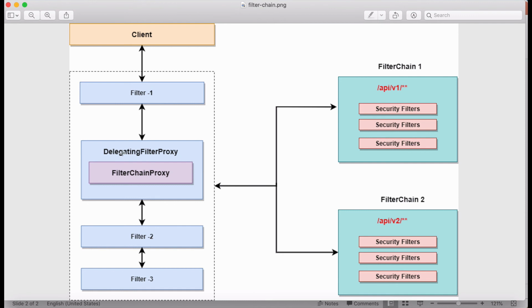So it delegates all the responsibility to the filter chain proxy, and the filter chain proxy is responsible for looking at the URL. Let's say you have two variations of your API, v1 and v2, and those have different requirements in terms of security and other things. So one filter chain will have, let's say, three filters, which can be any filters. These configurations reside in the filter chain proxy.